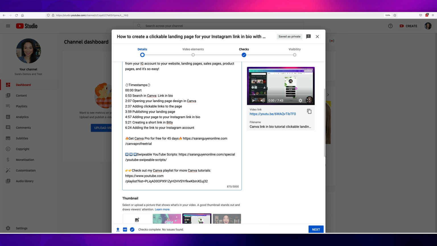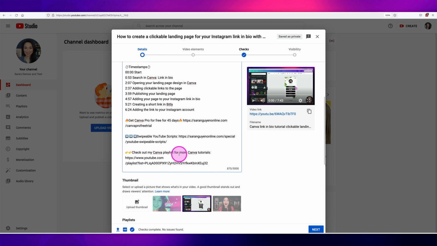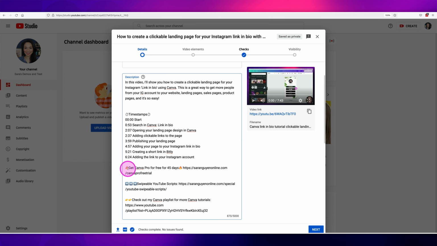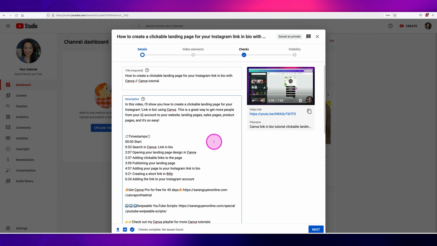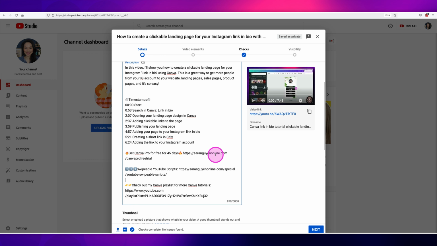The other little tip that I have for you with your description section here is you can see that I've got emojis, and I like using emojis to break up the text. Otherwise, it's just a lot of text, right? It breaks up the text when people are scrolling through it or just scanning it, as people do. It will catch their eye. And use whichever emojis you want, whatever colored emojis you want, but these are the ones that I use. And I think it just adds a nice little touch to give people a bit of a visual cue and also to break up all of the text as they're scrolling through it.